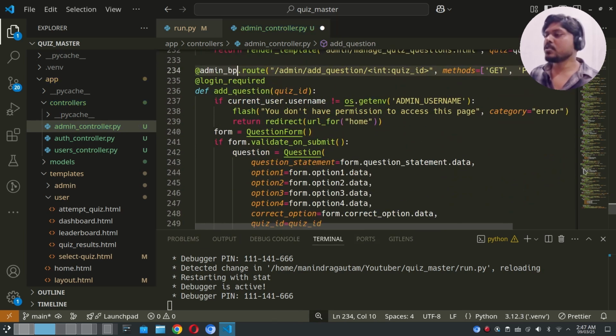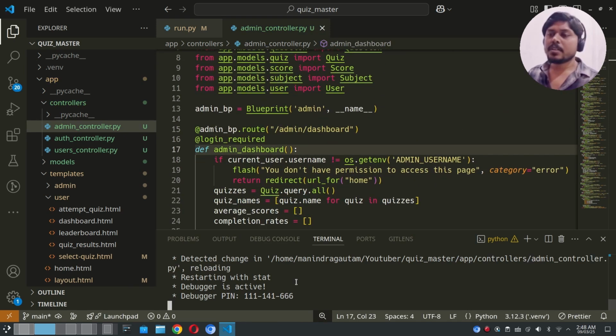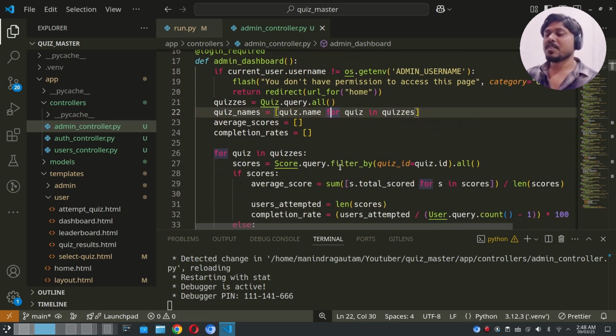Okay, we have changed all the app places with the admin blueprint and configured all the routes with the admin blueprint now. Now we can test all these routes, but we also have to struggle with the URL for